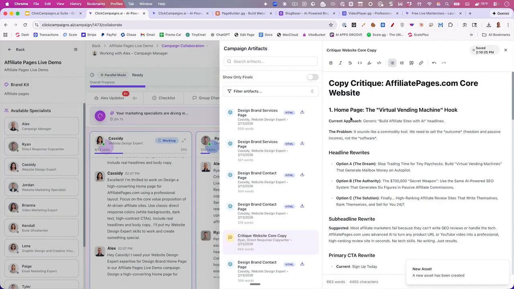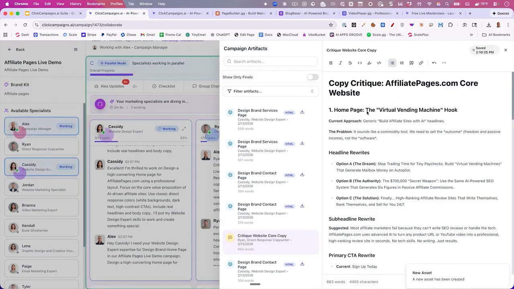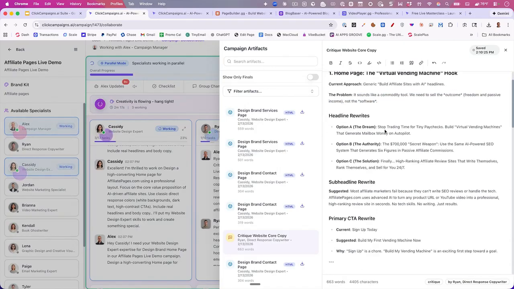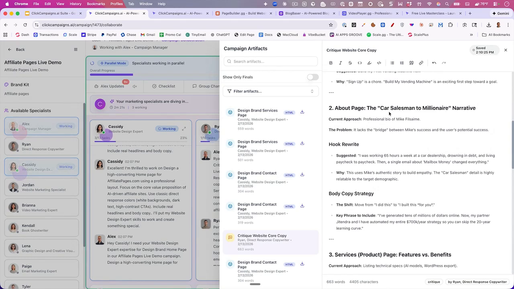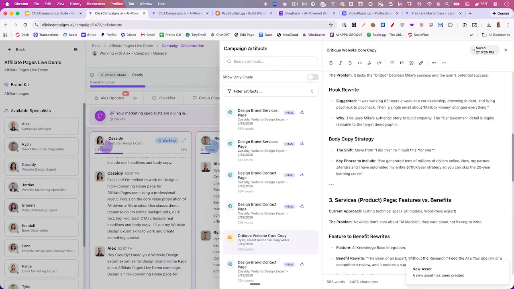So here you can see, here's Ryan. He critiqued the website, and he said, number one, the homepage, the virtual vending machine hook, the current approach, it's generic: build affiliate websites with AI. The problem, it sounds like a commodity tool. Rewrite the headlines to this. And now all of this is going to be fed back to the agent that designed the website,